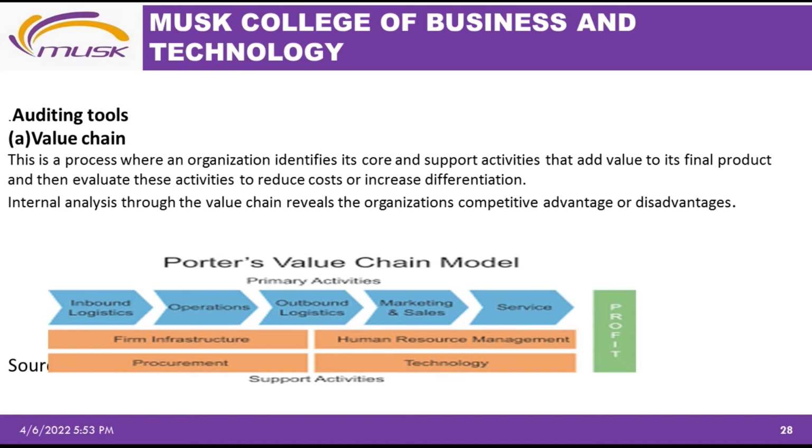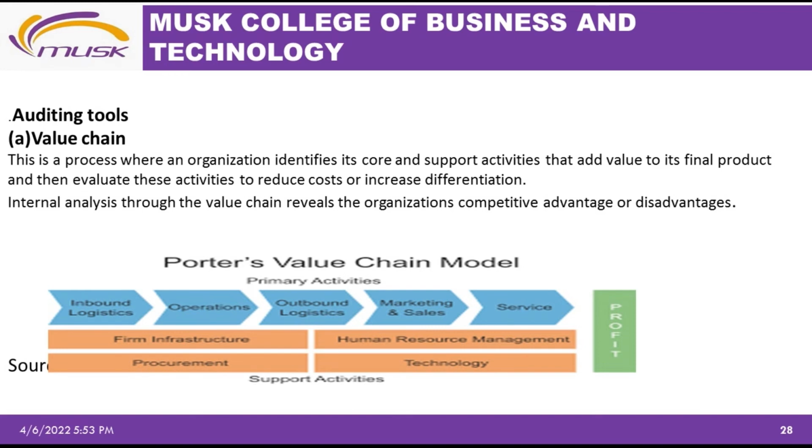We have a diagram here on the value chain model. It has inbound logistics, operations, outbound. So inbound logistics, what is coming into the organization? For example, in terms of raw materials, maybe we are getting it wrong from that point. There is something that we need to do to get it right. Maybe our suppliers bringing us the raw materials are not doing it on time. That is a great challenge that is going to affect the operations of the business.